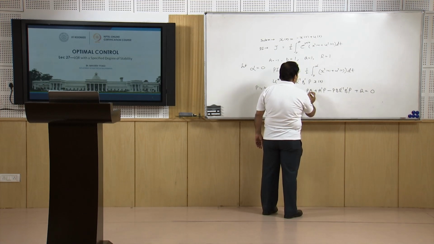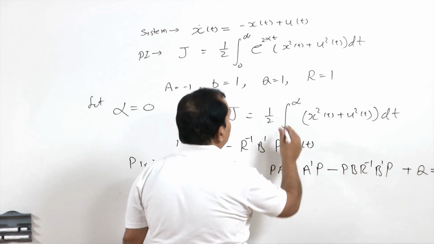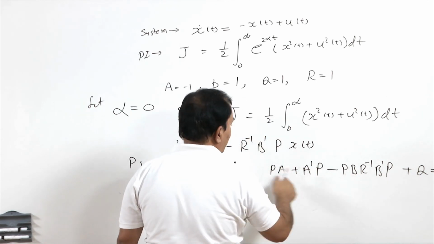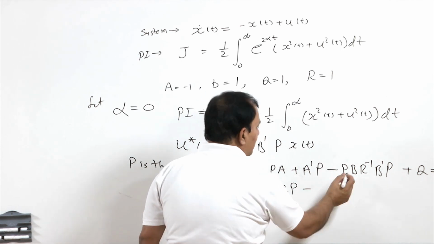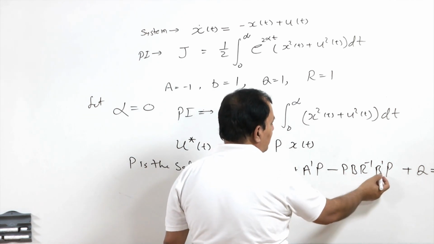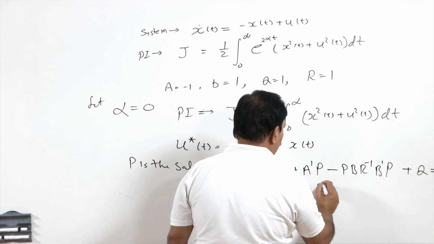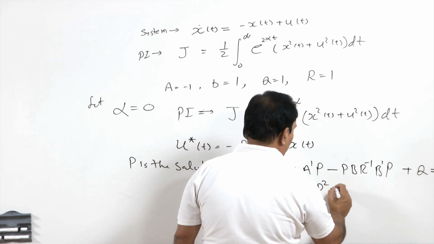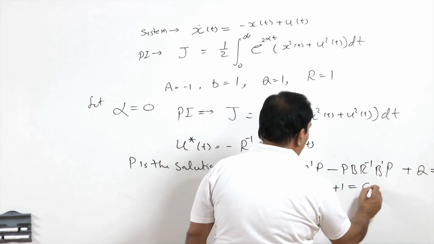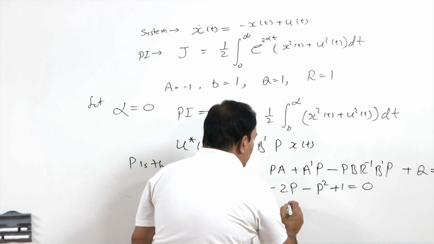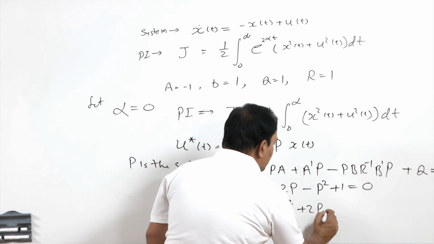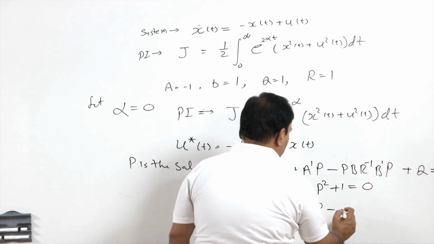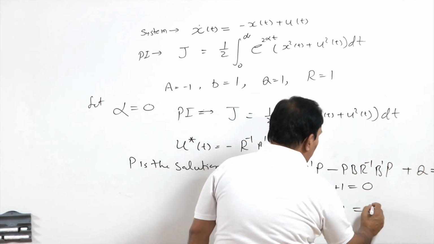So, this will give me A is minus 1. So, minus 2 P, B R inverse B prime, this is unity, minus P square, Q is 1 plus 1 equal to 0. So, I have equation P square plus 2 P minus 1 equal to 0,